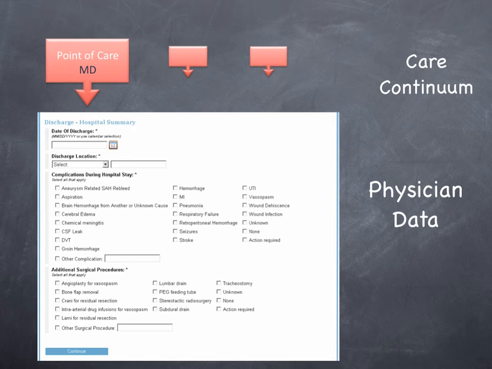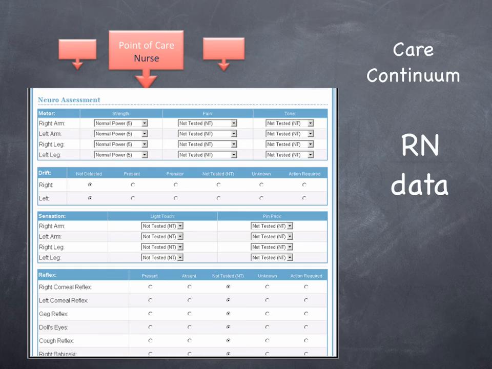I didn't want to leave you with the sense that these are strictly self-reported registries. There is an opportunity for others to contribute data along the way. So here's an example of a physician data entry point. So this is information being provided by a physician, but it is in a way that is customized, familiar to a physician as opposed to a patient.